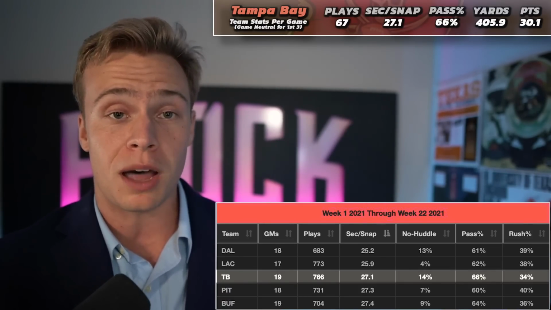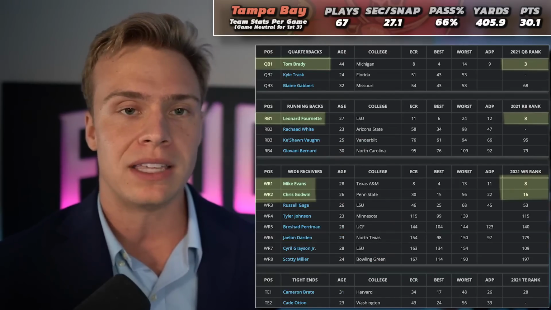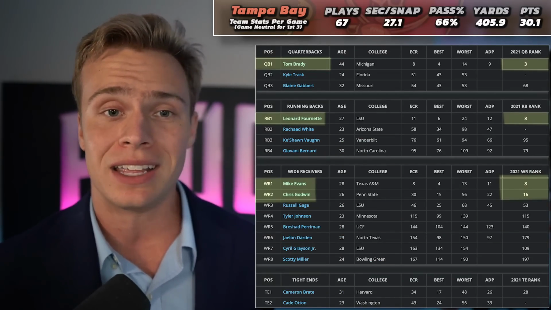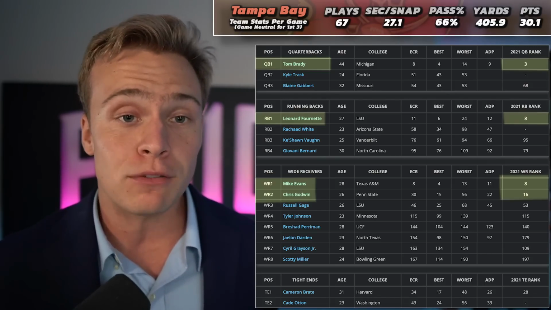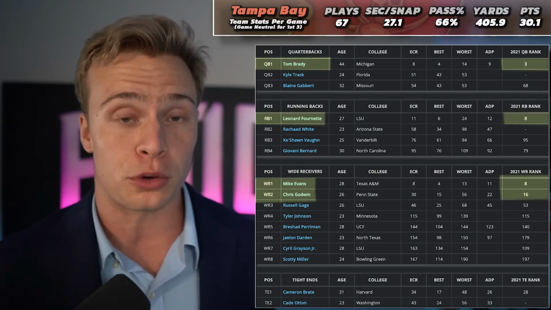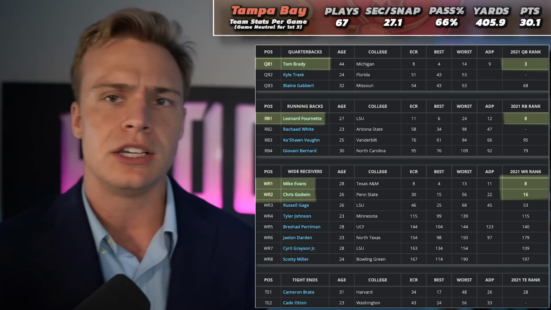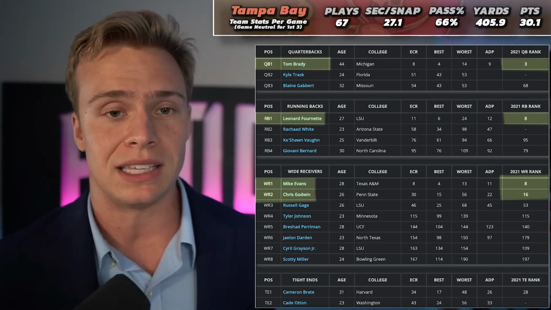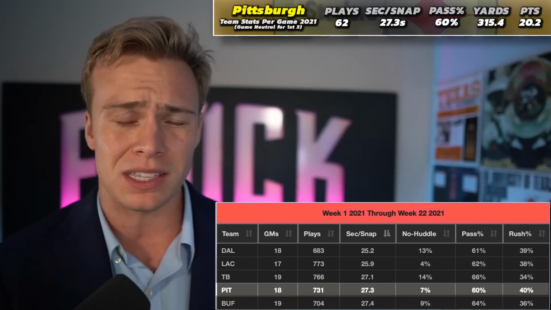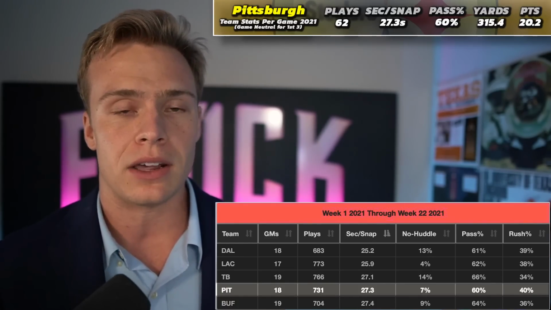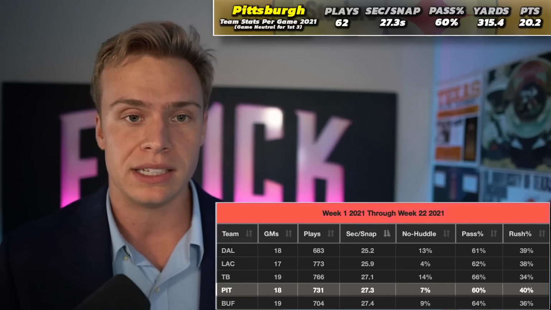Tampa has 2 top 12 wide receivers in Mike Evans, Chris Godwin. They have a top 3 tight end in Rob Gronkowski. They have a top 5 running back in Leonard Fournette. They have a top 3 quarterback in Tom Brady. And I know you're going to say, well, Mason, are we sure this isn't just due to the elite level quarterbacks that these offenses have? I mean, maybe this is not really predictive at all,